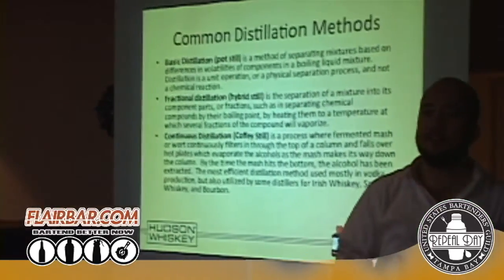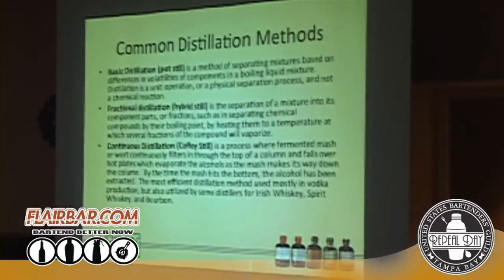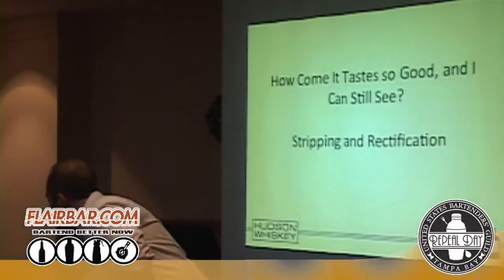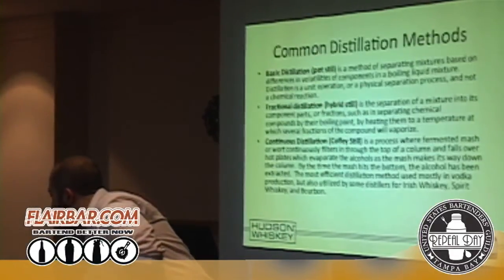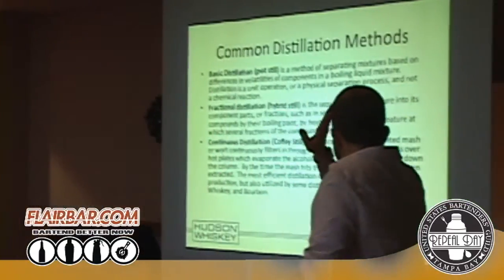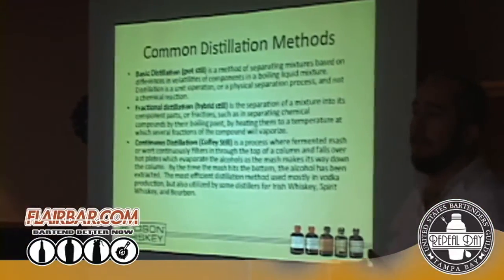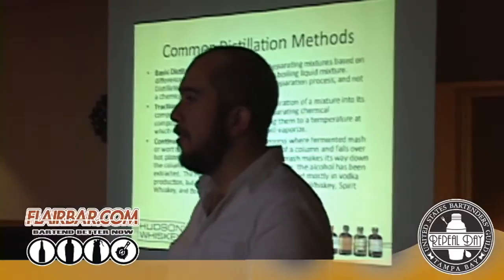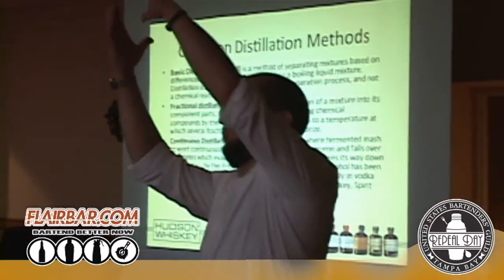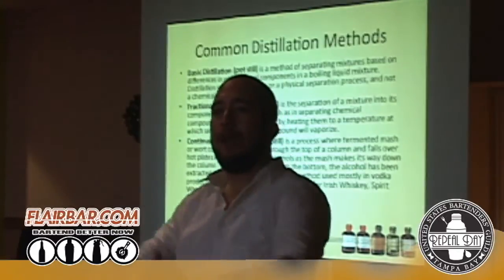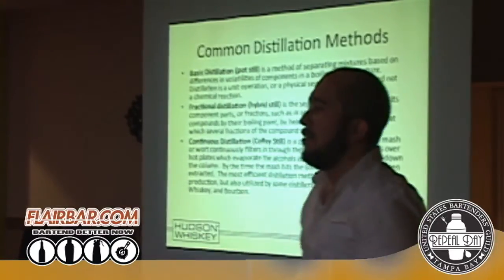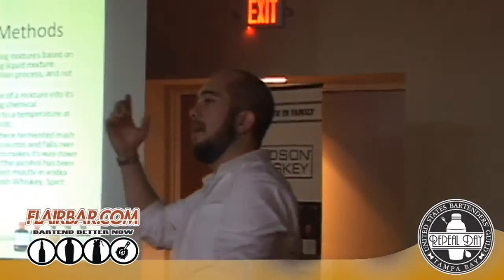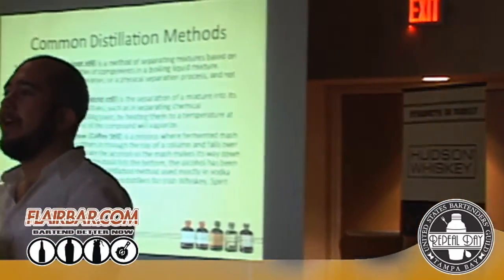Now we've got different types of distillation for whiskey. We've got basic distillation or pot distillation. If you think about a distillery you might see in Scotland, or Forsyth stills, or if you've been to Woodford Reserve, you've got these big pot stills. They come up and they sort of gooseneck over, or swan's neck, whatever you call it, and it goes directly into the condenser. Now this is a great still for making whiskey. If you want to make just whiskey, these are fantastic. If you want to try and make other things, and you want to get higher proofs, this might not be the ideal still for you.